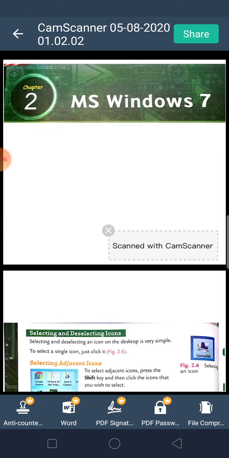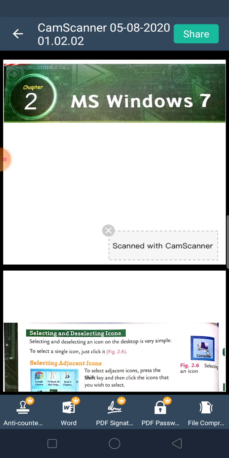Next we read about the desktop. What is desktop? Desktop is the screen. When we open a computer, we will see a picture on it. That screen is called the desktop, and the small pictures on it are called icons. You remember in our last class, when we went to the computer room and opened the computer, we saw that at first a light comes on, then a screen comes and some small pictures come on the screen, and those are called icons.